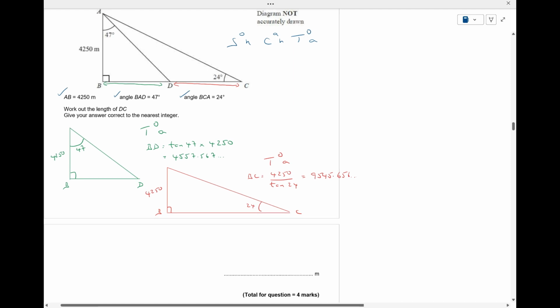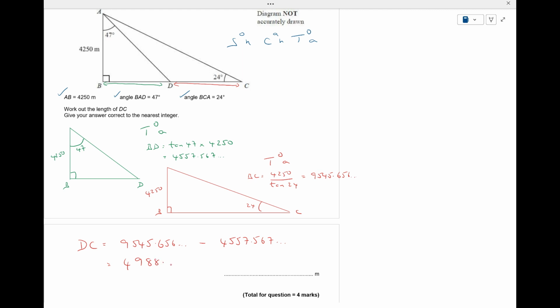So what I'm looking for is the length of DC. So that is going to be my long length, the red length. DC will be 9545.656, and so on. Take away 4557.567, and so on, gives me an answer of 4988.089, and so on. Correct to the nearest integer,